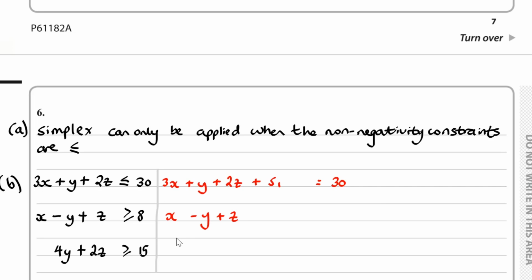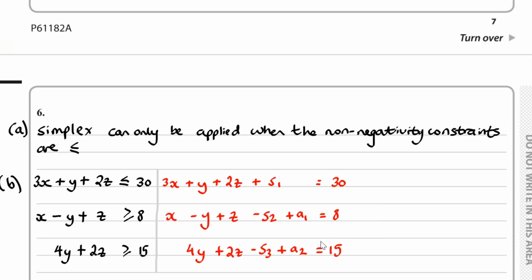We have minus s2 plus a1, and this is equal to 8. And similar thing over here, we have 4y plus 2z minus s3 plus a2 equals 15. Okay,